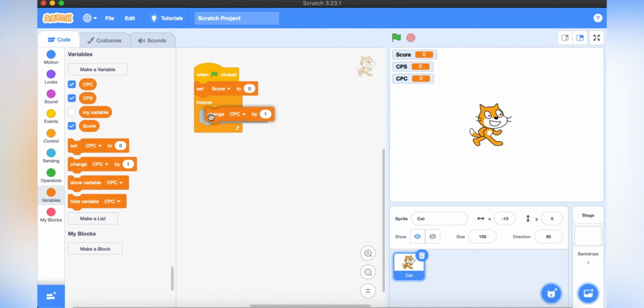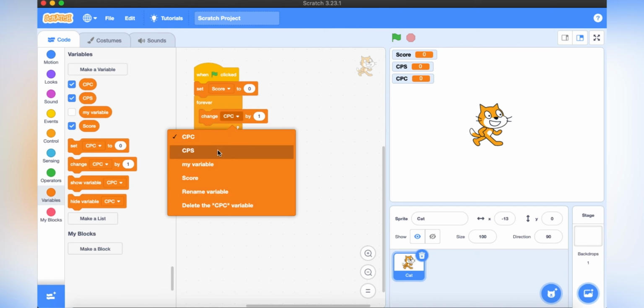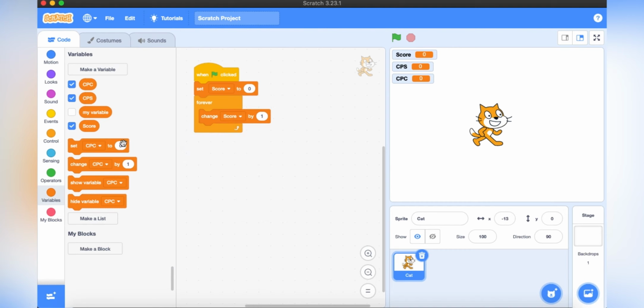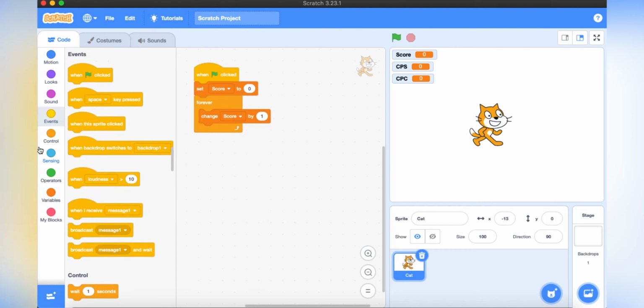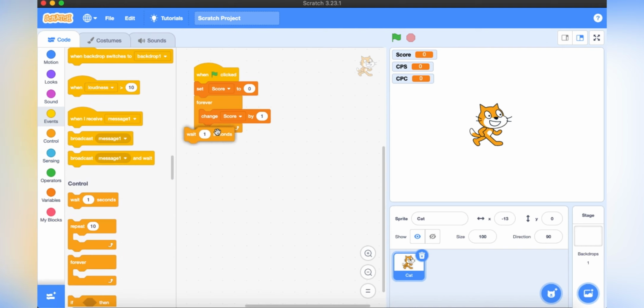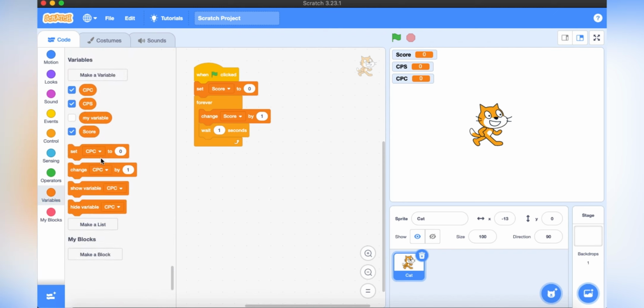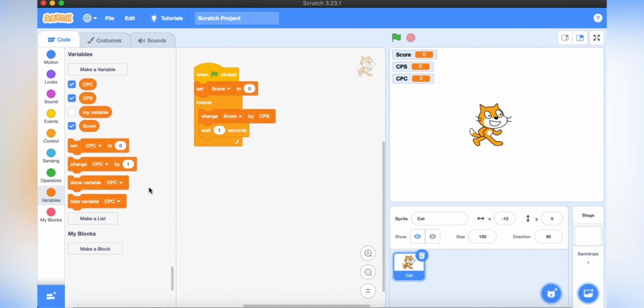So change score by, just the wait block. Change score by CPS, and then